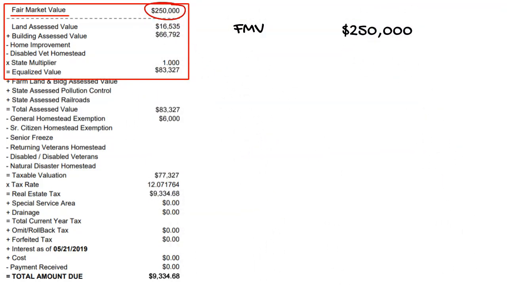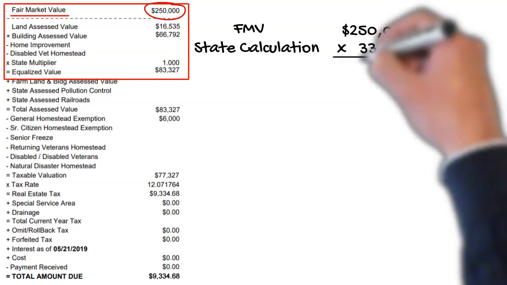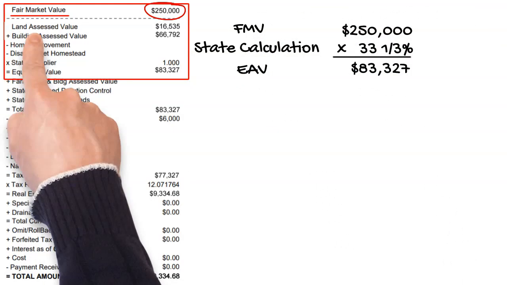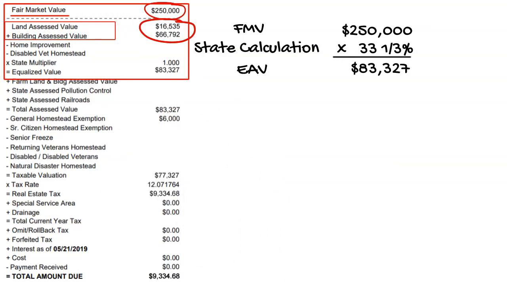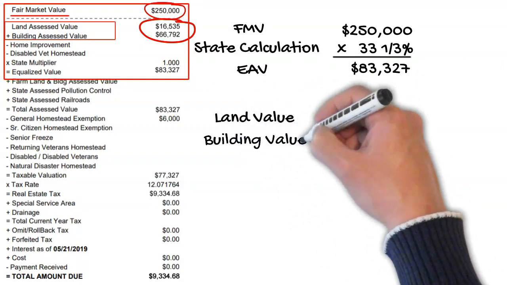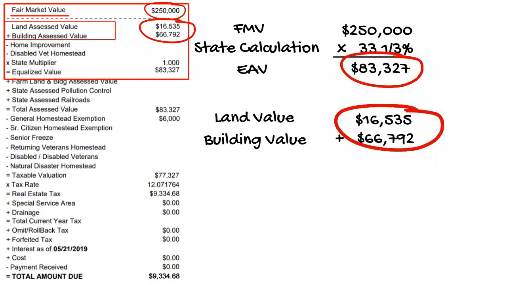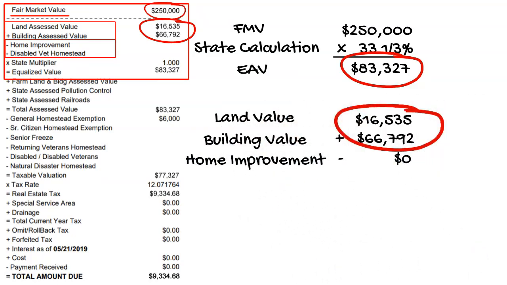I've chosen a home with a fair market value of $250,000. State law requires that your assessed value is equal to your fair market value times 33.33%. On your bill, that equalized value is broken down into 2 components, your land assessed value and your building assessed value. You'll notice when you add those 2 up, they equal the same as the EAV above. The state allows you to take 2 exemptions prior to them applying their multiplier: the home improvement exemption and the